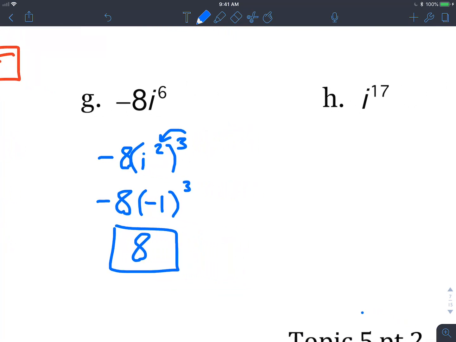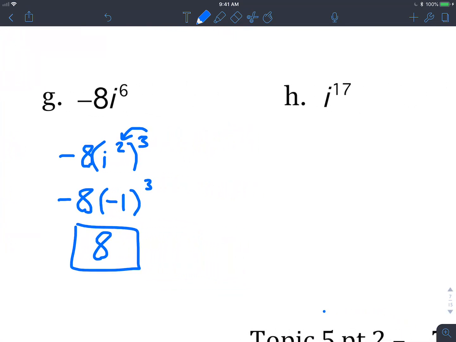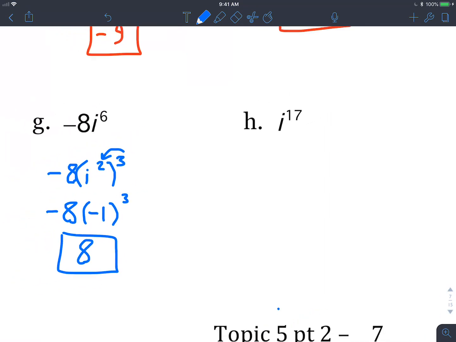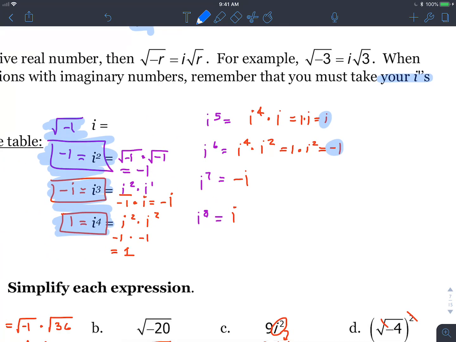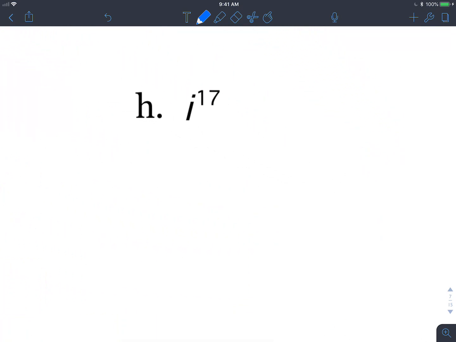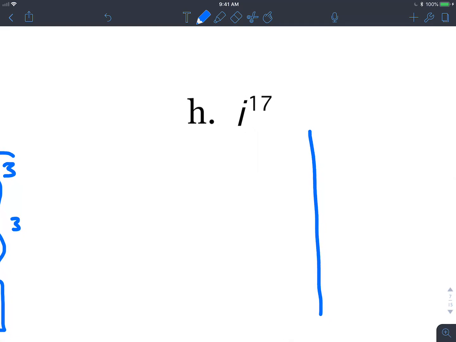So a little tricky there on these. I to the 17th, kind of the same idea. There's two ways you can do this here. You can go through your cycle here. It cycles through every 4 powers. So if it cycles through every 4 powers, we can say, all right, well,